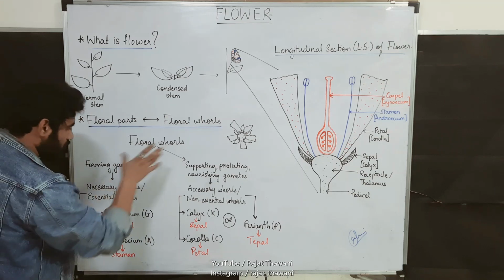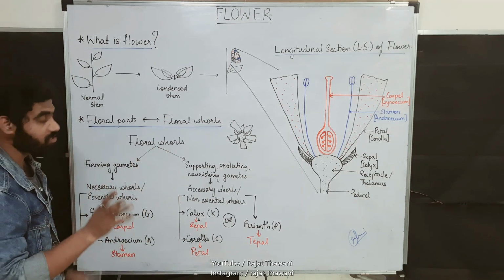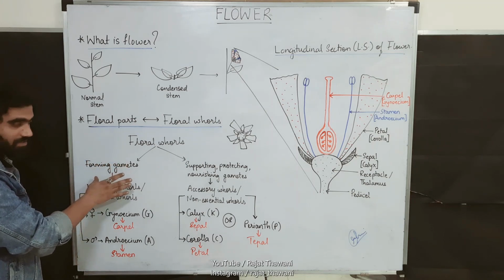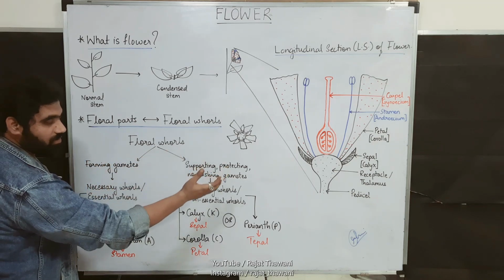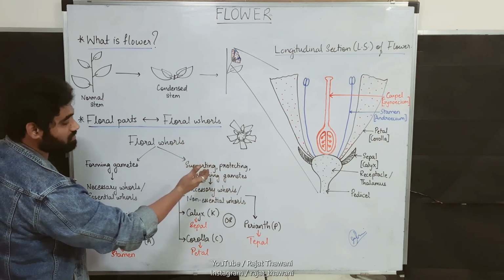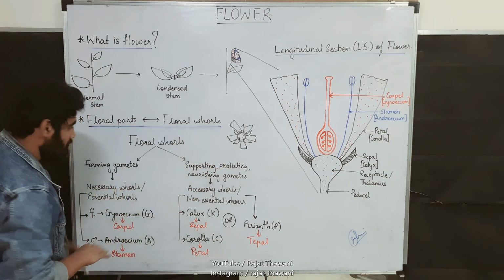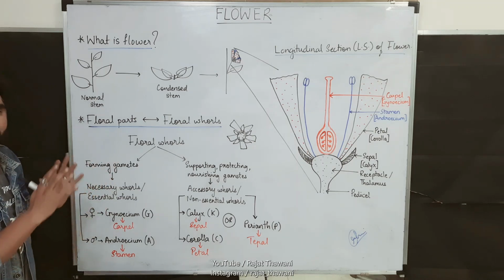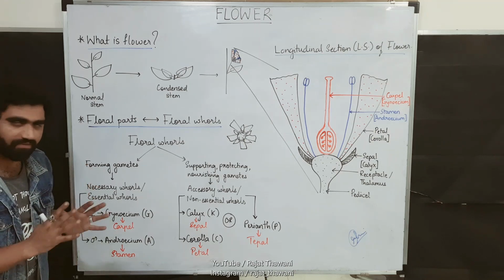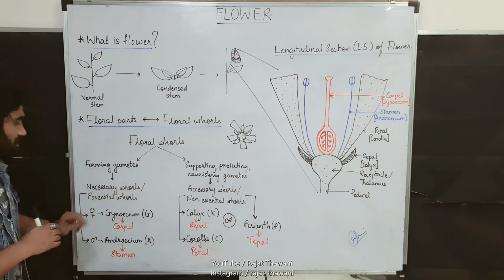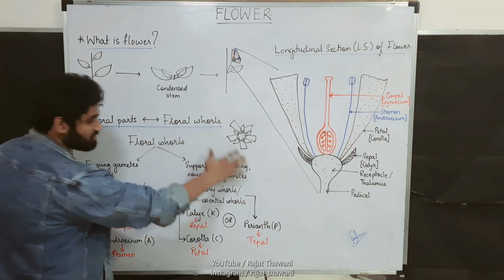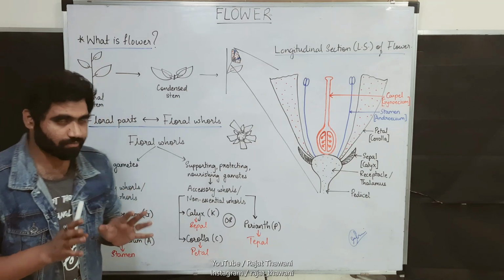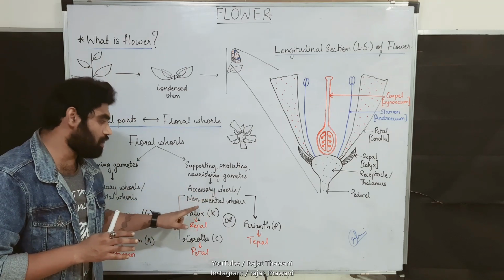In the case of floral whorls, there are two types based on their functions, their activities. The first is the whorl which forms gametes. Another type of whorls are the ones which support, protect and nourish the gametes. The ones which form the gametes are the main parts. Those are the only ones responsible for performing the basic activity of the flower. Therefore, those are called necessary whorls or essential whorls. While for these which support, with them or without them, the flower is capable of reproduction because gametes are formed. Therefore they are called accessory whorls or non-essential whorls.